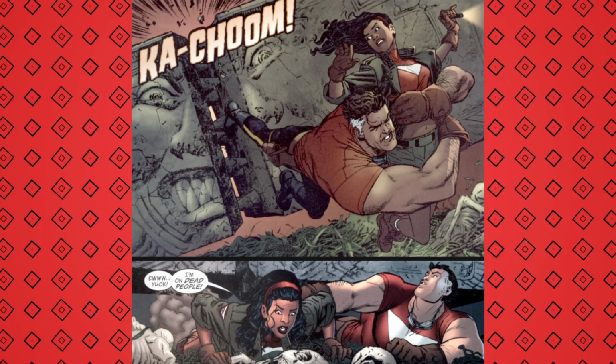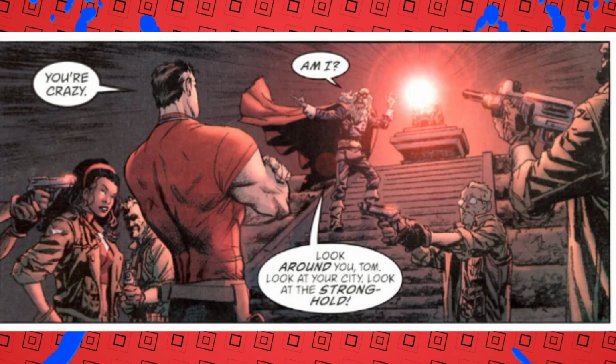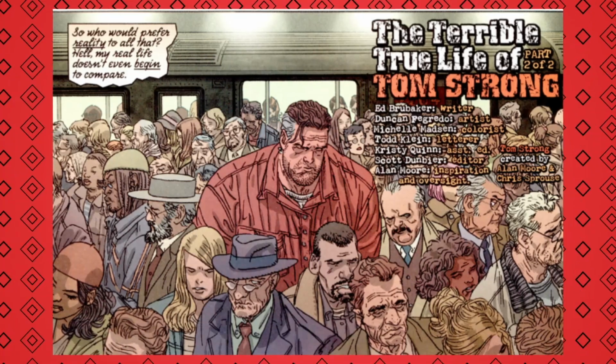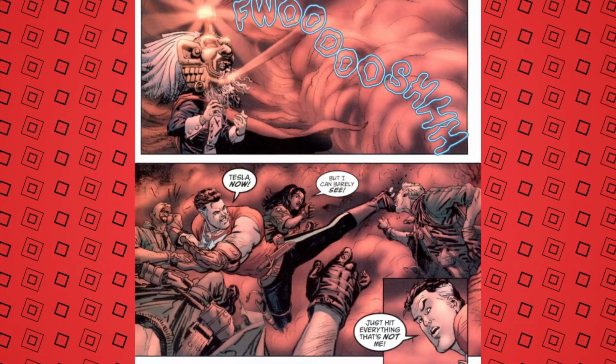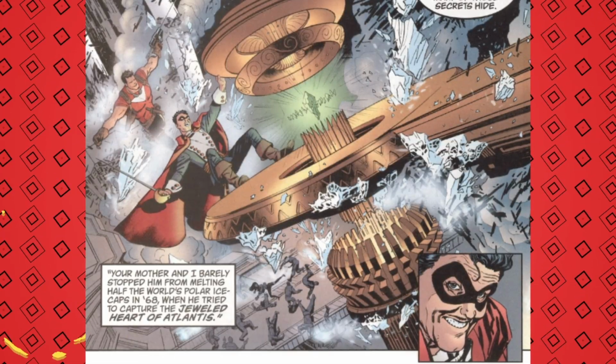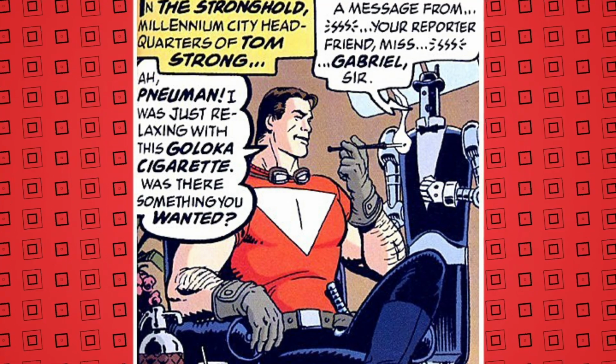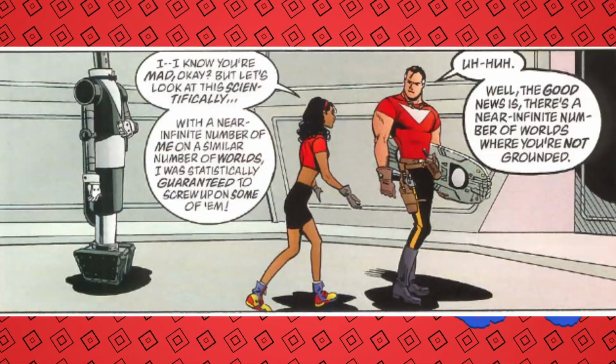This was not one of the main issues, but an Ed Brubaker two-parter with art by Duncan Fegredo, colors by Karrie Strachan, part 1, and Michelle Madsen, part 2. Letters, Todd Klein. And Todd Klein is just handling the letters for every issue. The story starts off as your standard Tom Strong fare. He has to stop one of his classic villains who is now elderly. Tom Strong ages extremely slowly thanks to ingesting a special root called Goloka that has drastically extended his lifespan.